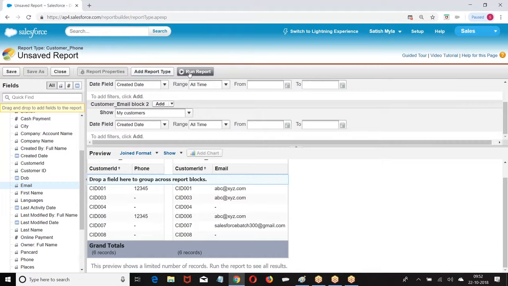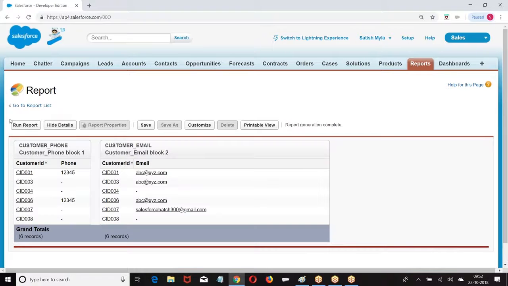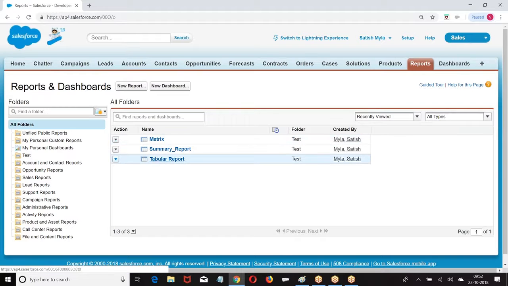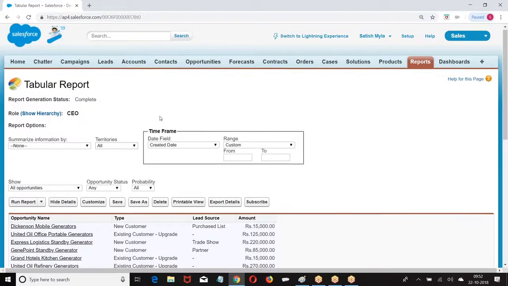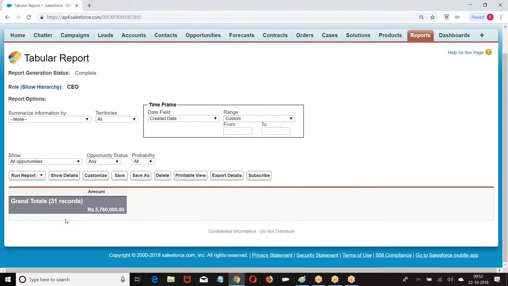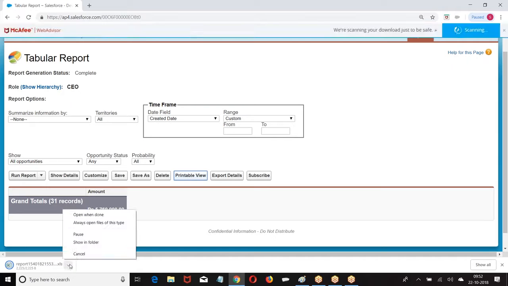Now I have a few things here. Now let us see here. A tabular report. Now here, run the report right now, schedule the report. Hide the details means only grand total will be displayed. Customize is to modify, save and save as, delete, printable view. Where is the printable view? It shows you